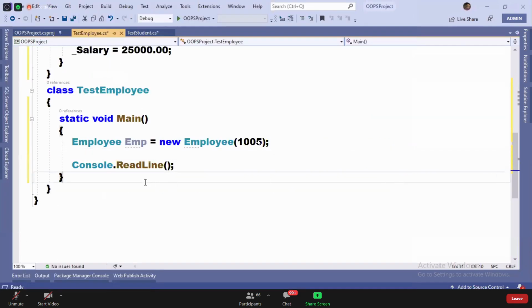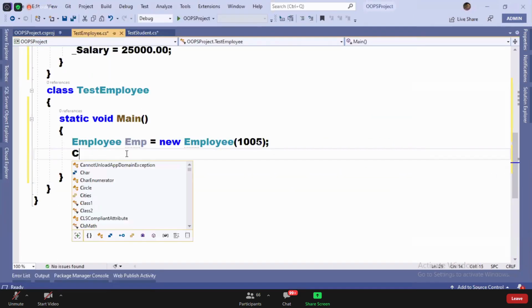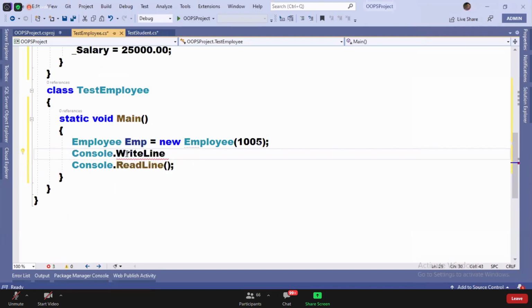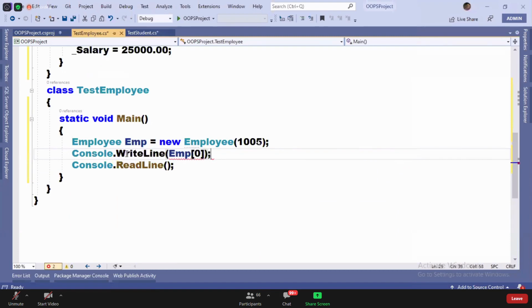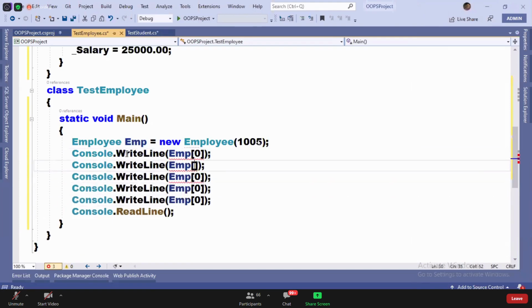Exactly in the same way, after defining an indexer in the class, you can access the values like this: EMP of 0, EMP of 1, EMP of 2, EMP of 3, EMP of 4. Right now you're getting an error because the indexer is not defined. But if an indexer is defined, you can start accessing the values like this. Did you catch my point, guys?